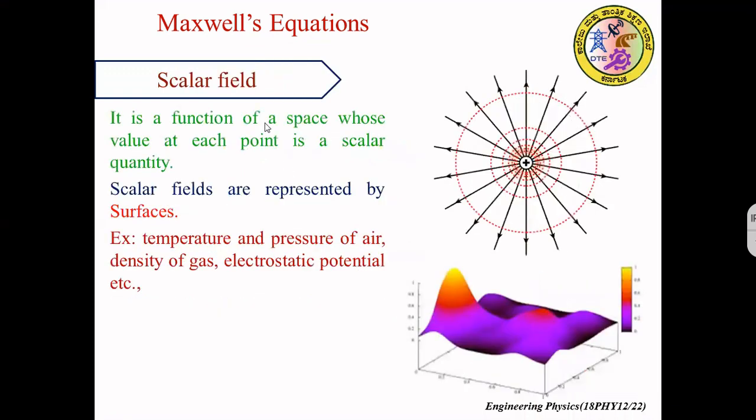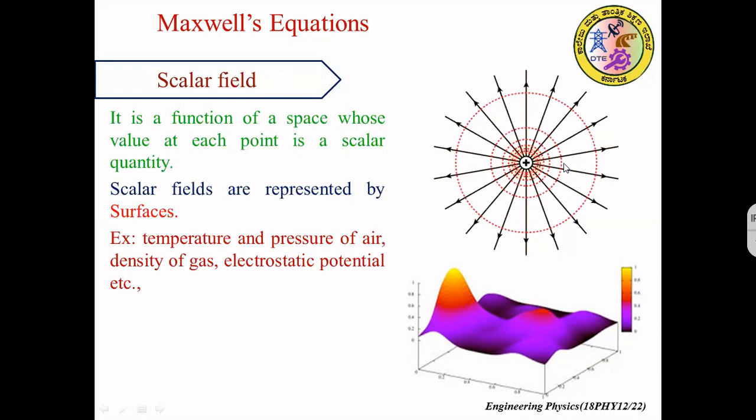Field can be a scalar field. What is a scalar field? Consider this example. We have a positive charge here. Around this there is electric field. Electric field is a field which has both magnitude as well as direction. We know that around this positive charge there will be a potential also. Electrostatic potential will be there. So this we can term as potential field or electrostatic potential field around the positive charge. This electrostatic potential has only magnitude and no direction. Such type of fields which has only magnitude and no direction is called a scalar field.